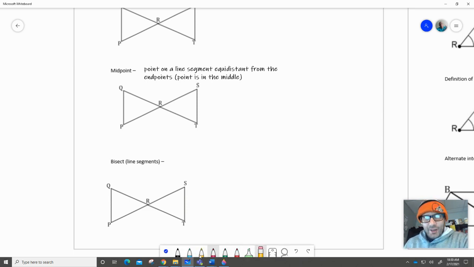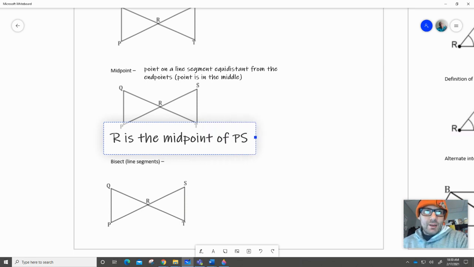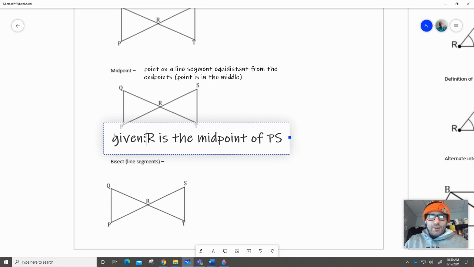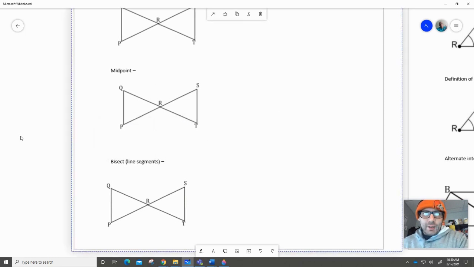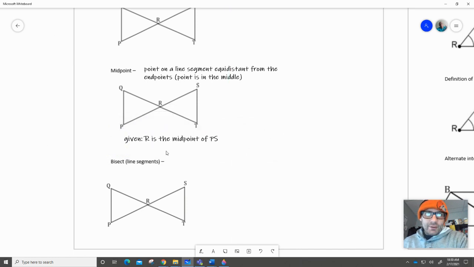So let's say hypothetically, in terms of the givens, they tell us that R is the midpoint of PS or something like that. So it's given that R is a midpoint of PS. If they give us this information that R is a midpoint of PS, what that can tell us is